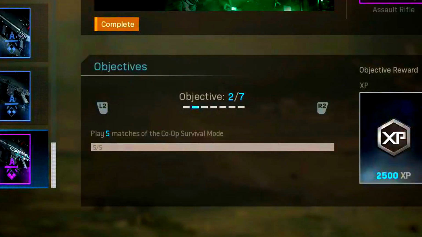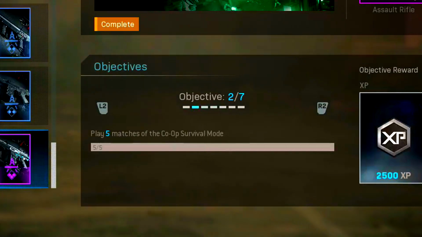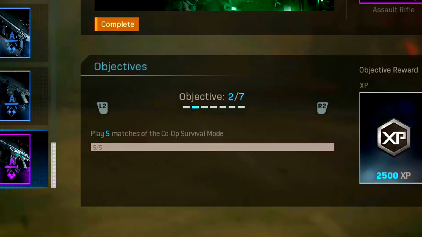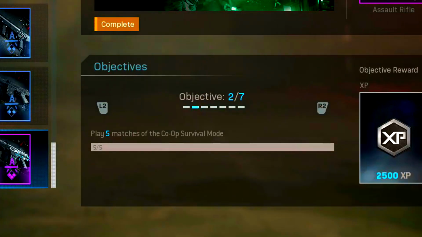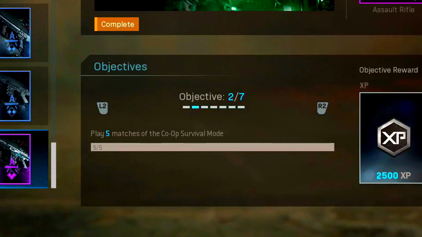Now you can actually make this challenge a lot easier for yourself if you do have 3 other friends to play it with, because you can just go into one of the survival game modes and just die straight away, because you have to actually complete the games, you can't leave. So if you're with a full team, you can just purposely go down and then get those 5 matches complete quite quickly. But if you're like me and you weren't playing with other people, sometimes obviously the other people in the game don't want to die, so it's going to go on for quite a while,